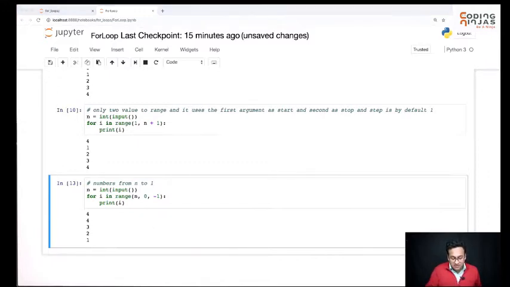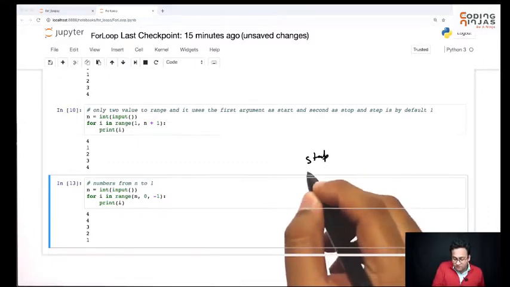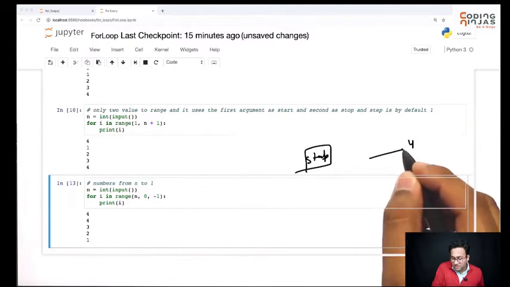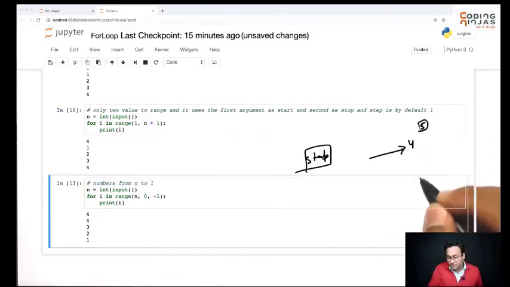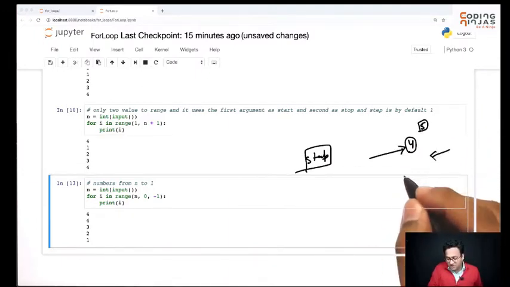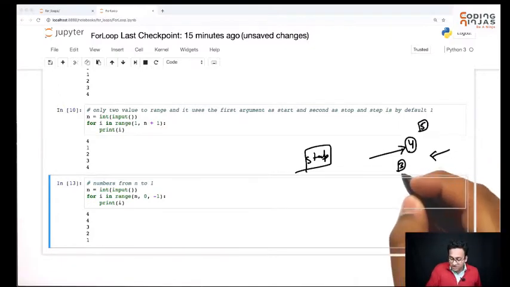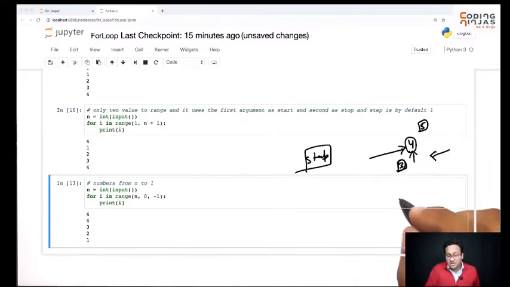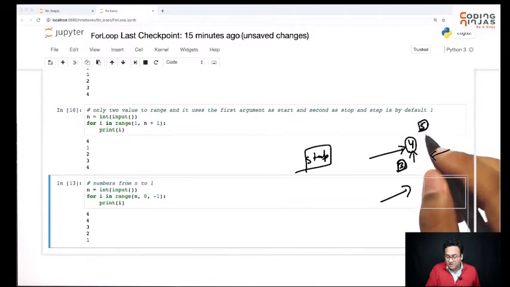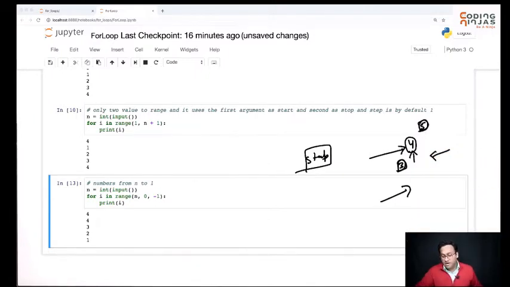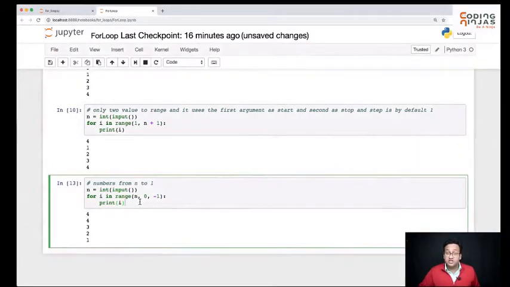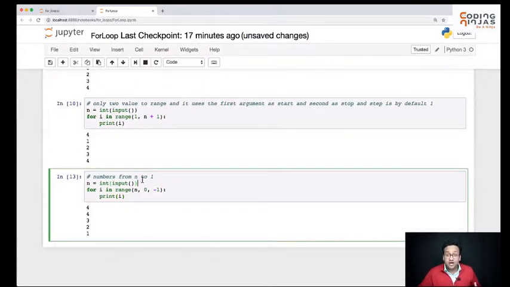So what it is doing is, if you want to stop at 4 and you're coming from this direction, then you need to provide 5. If you want to stop at 4 and you're coming from this direction, then you need to provide 3. It'll stop just before reaching the actual destination. So if you're coming from this way, you need to provide 3 so that it actually stops at 4, and if you're coming from this way, you need to provide 5 so that it actually stops at 4. Okay, so that's how you need to use the range method. That's how you are able to go from 1 to n, and you're able to come backwards as well. Okay, thank you.